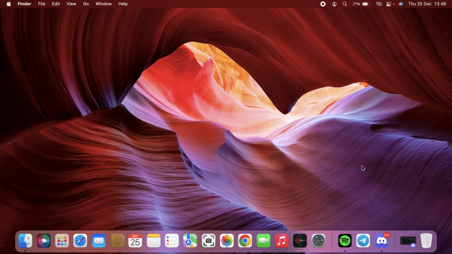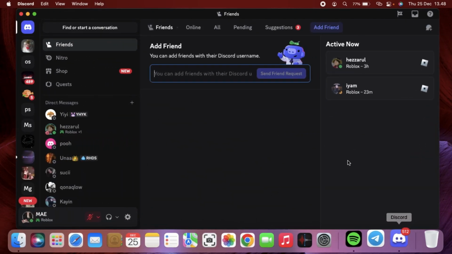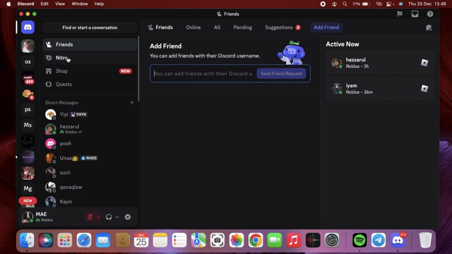So let's go. Discord allows users to add other users as friends. Users also have the option to remove users from their friend list if they no longer want to have those connections. So how to do it if you want to remove someone from your friend list on Discord? It's very